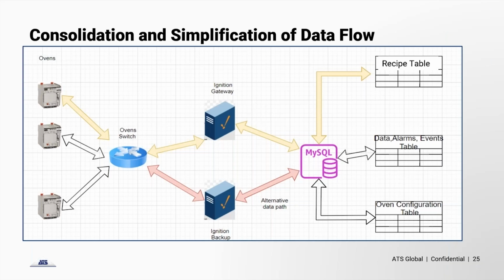This is the end result, and you can see that there were some recipe tables that used to be their own thing. There was data alarms and events that was their own thing. The configuration for the oven itself, meaning the dampers and controls, that was also a separate system. So what we did is we were able to consolidate using that redundant pair right there and take them through one single database. So again, there was one single pane of glass that they could look through and built in that functionality so that they could simply just use their legacy system, because again, these ovens weren't the newest ovens